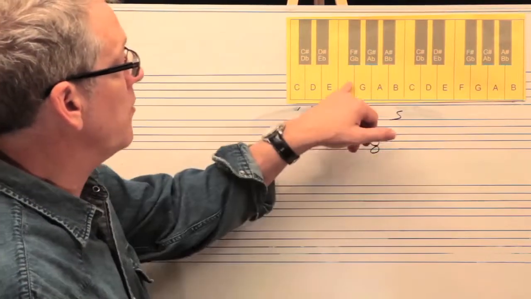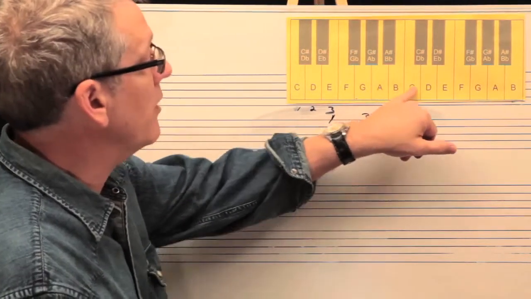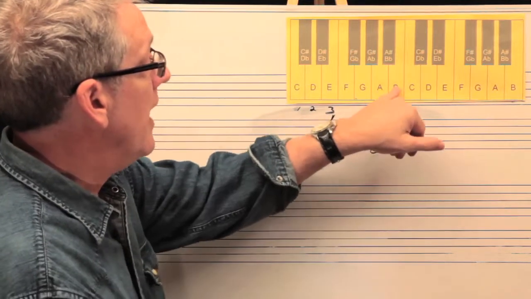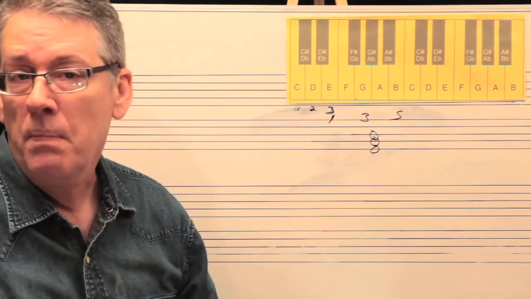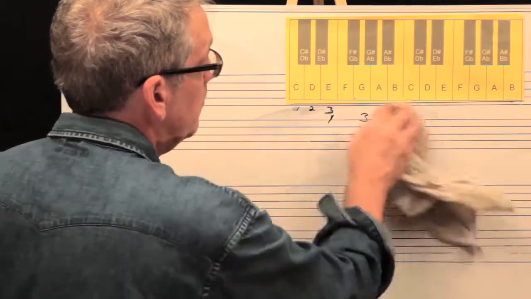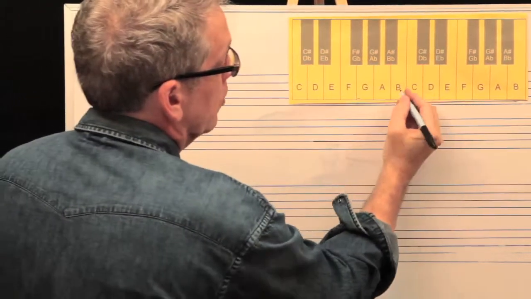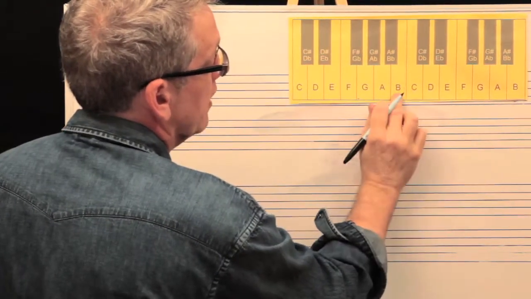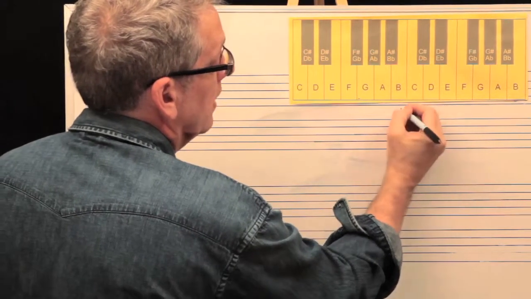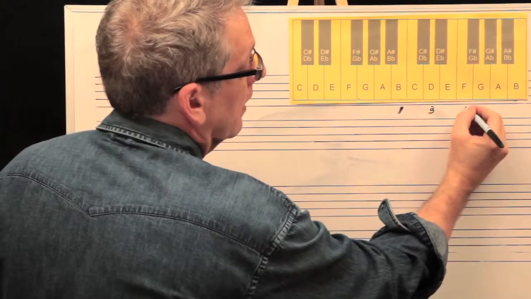Okay, and then we're up to our 6 chord. Our A minor is a minor chord in a major key. The 6th chord is minor, and 7 is a diminished. Okay, because we have to stay in the key of C. So B, this is the 7th degree of the scale right here. Okay, and if we're going to build a chord off B, our notes are going to be B, D, and